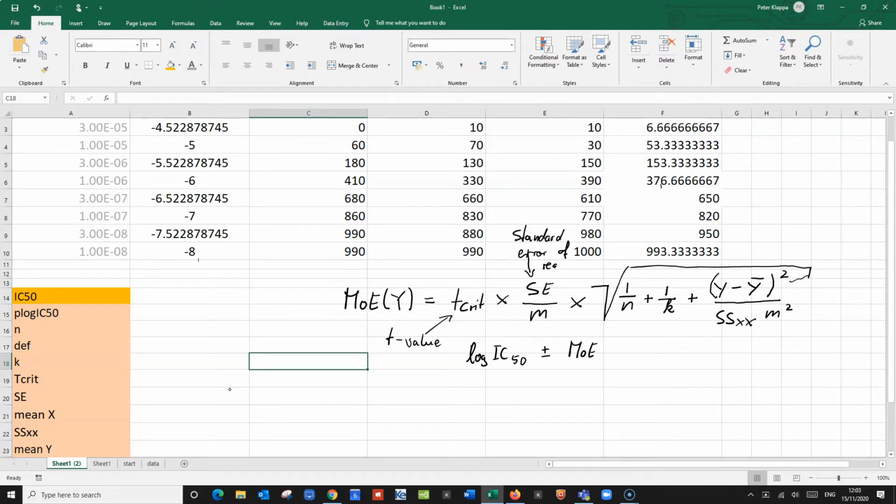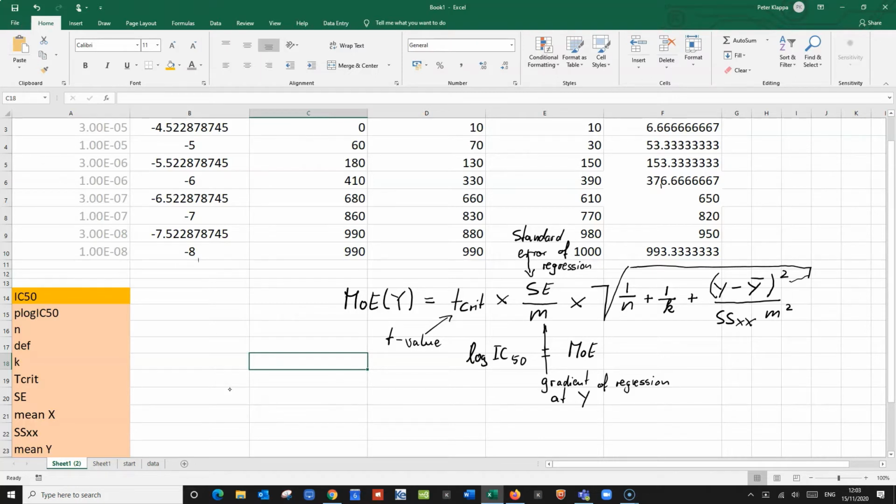And that is what we are doing. We're doing a nonlinear regression. M, this value here, is the gradient of the regression, the gradient of the regression at the point that we want to evaluate,